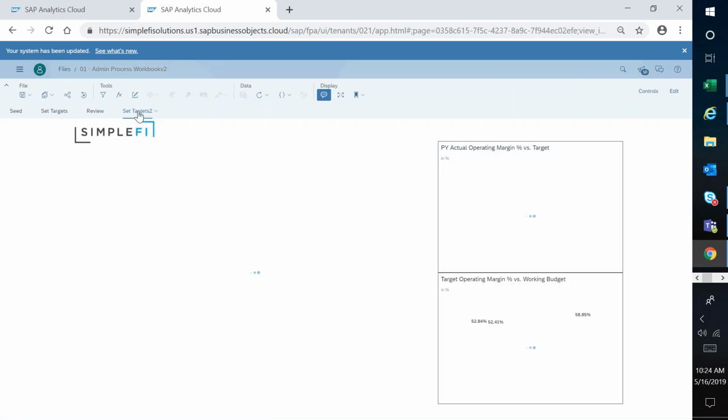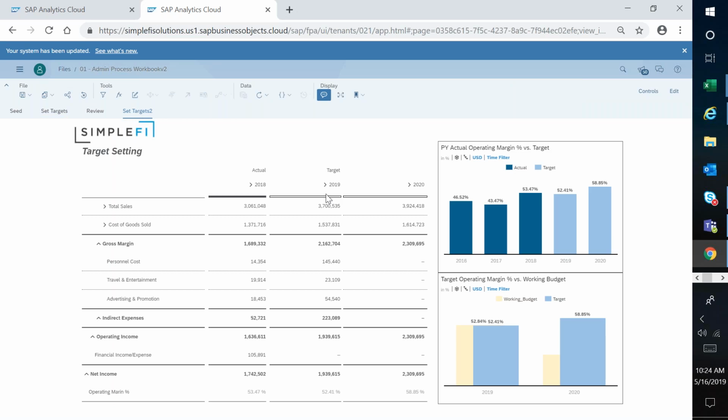Let me go over to a different view. Again, I can come in here and make changes. If I come up here, this is where I talked about the allocation capabilities, right? Spreading, distribution, assigning, and then executing an actual allocation process.